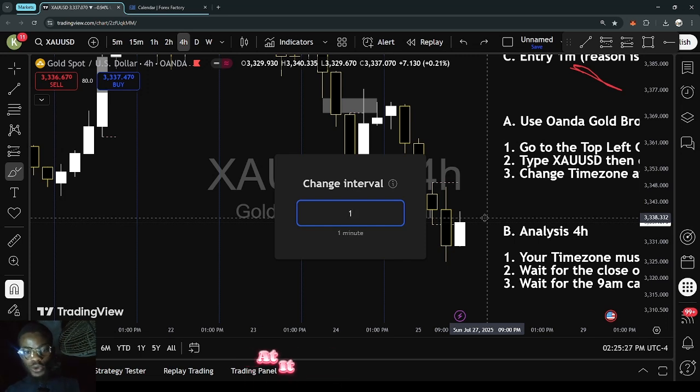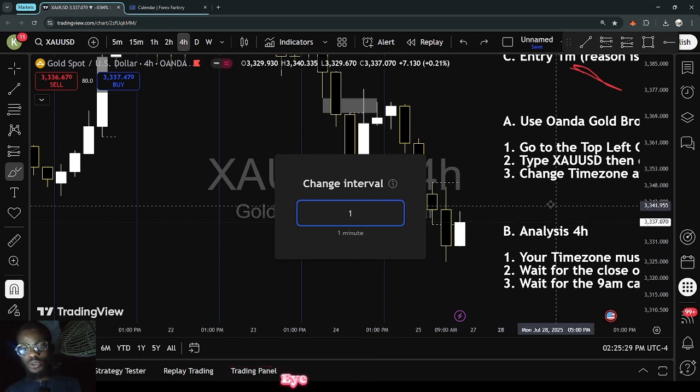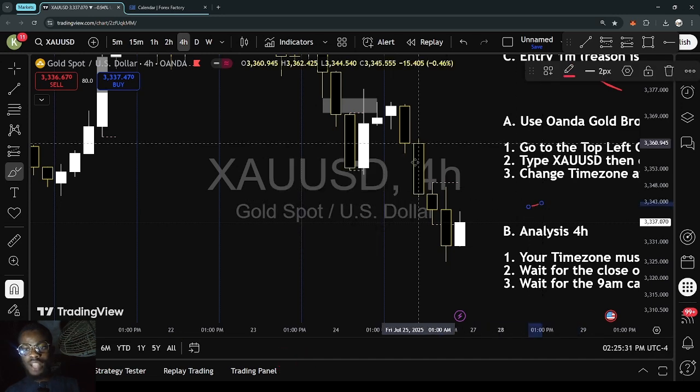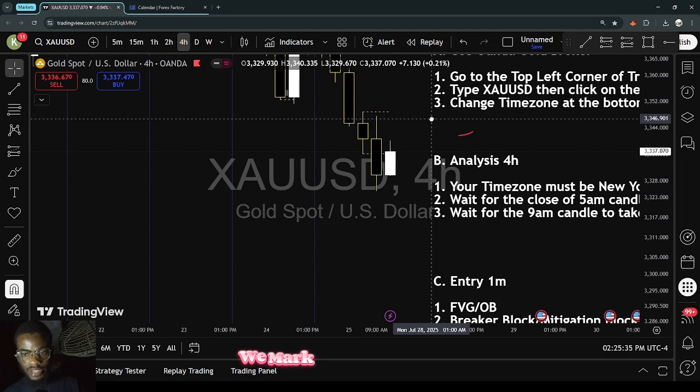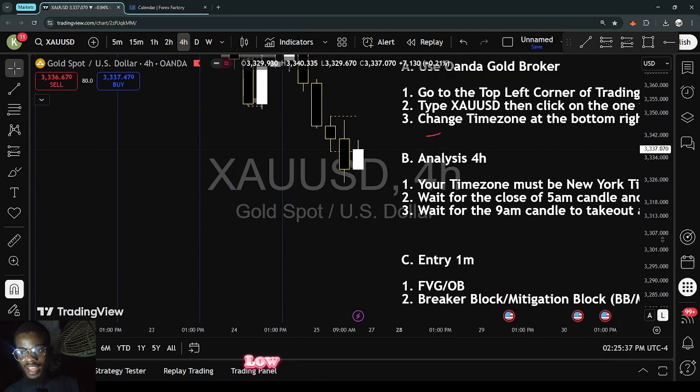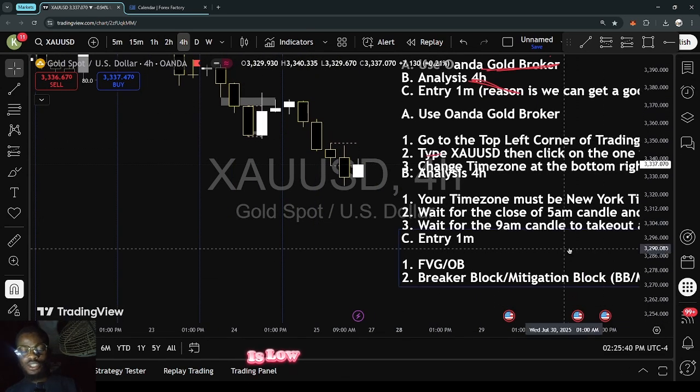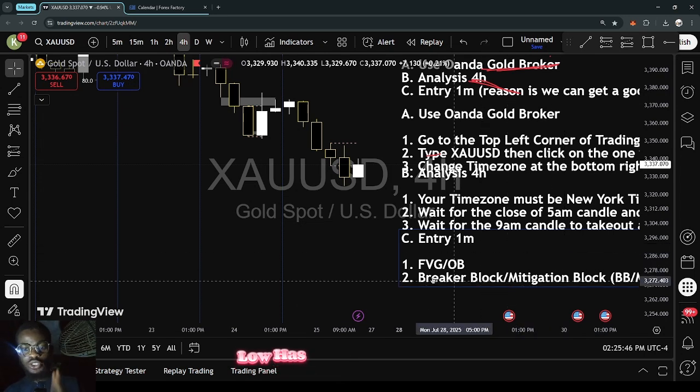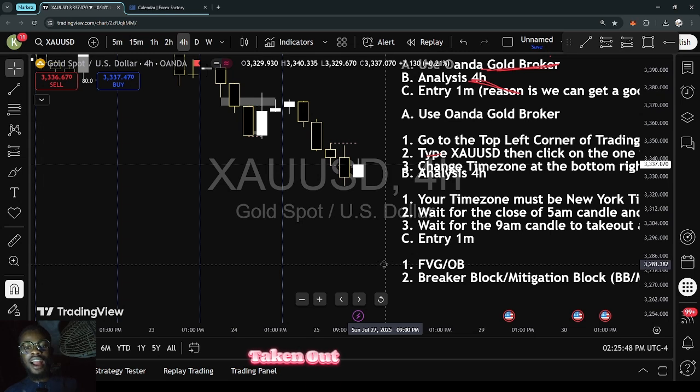If you look at it, you can see that we've marked the high. This is Friday, so we've marked the high and we've marked the low. This is the low here. So we can see that the low has been taken out at 10 a.m. So this is where we will find